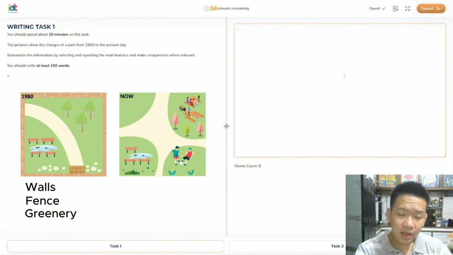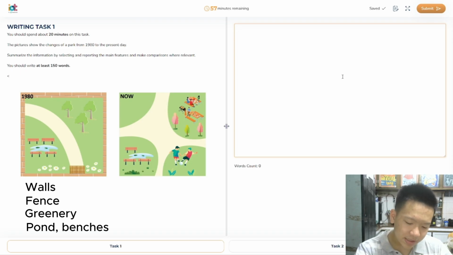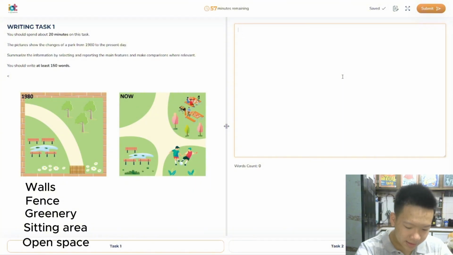You can also see a pond with some benches on it, so I can explain that right away. It's a pond and some benches, or I could just put that as a sitting area or picnic area with lots of open space. See, there's not much. It's just a bunch of open space. Now, moving on to